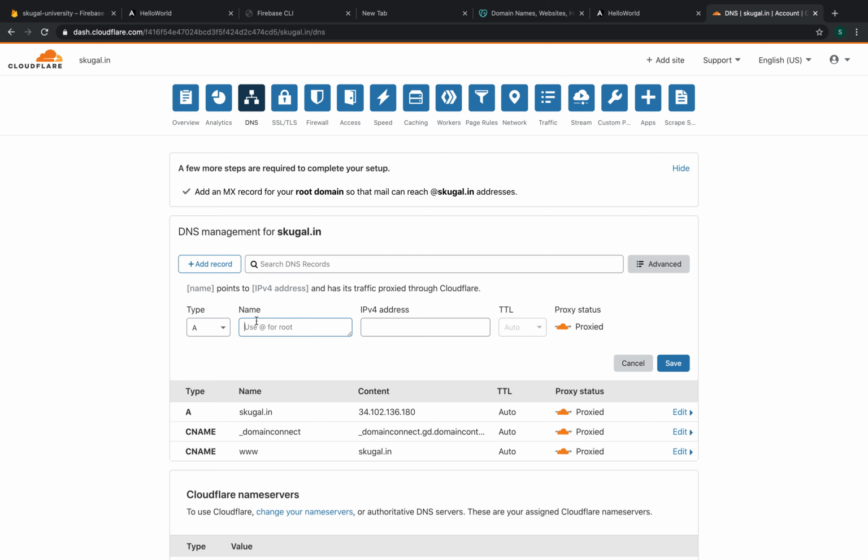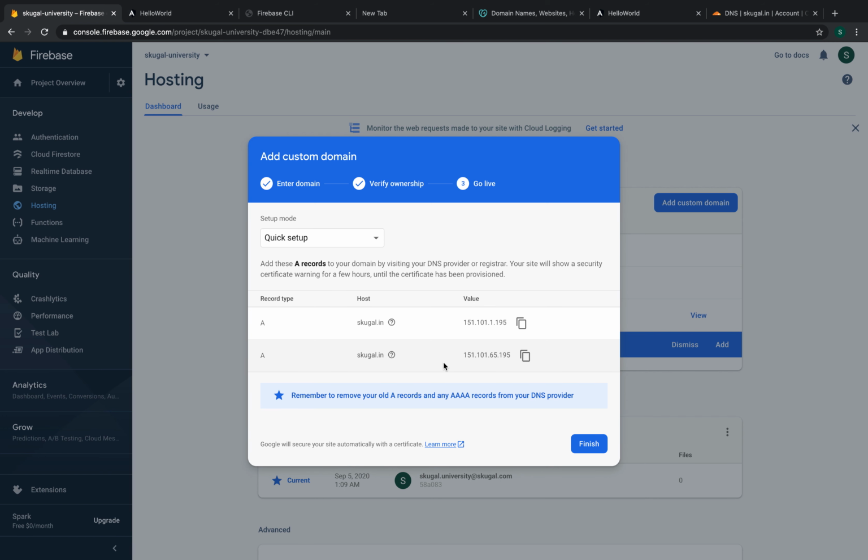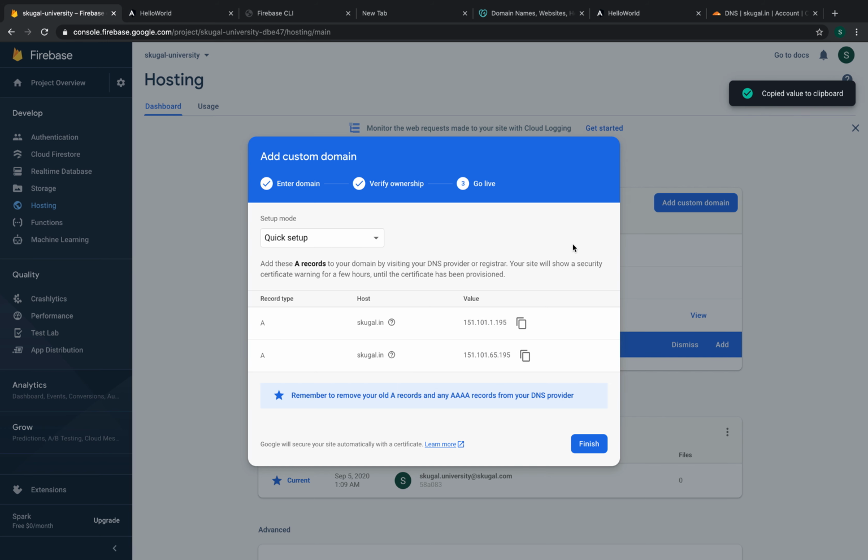Add record A. It says to use @ for root. So we're going to use @ for root. @ means school.in, meaning the domain. Domain is @ all the time, right? So I'll say @ and I'll put the IP address and I'll click on save. Then I'll go back to the same hosting page and I'll select the next A record that says some different IP address,